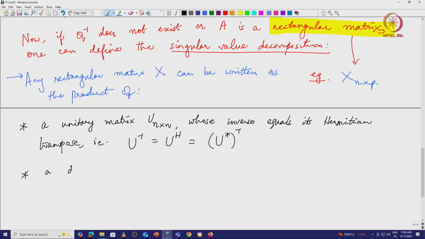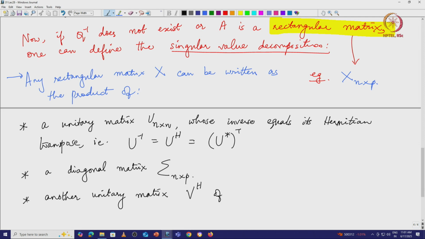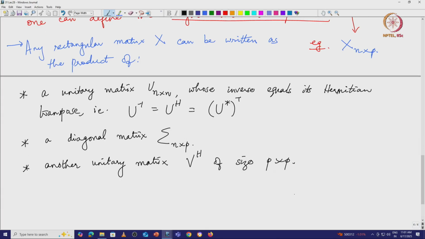Then a diagonal matrix denoted as uppercase sigma of size n by p, and another unitary matrix which is denoted as V Hermitian transpose of size p by p. Okay. So, essentially X is equal to U sigma V Hermitian transpose,